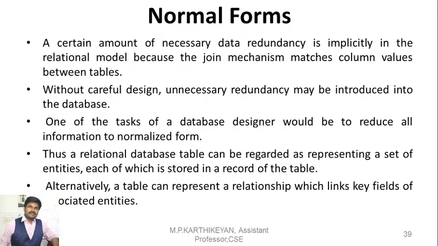There are various types of normal forms available. The initial normal form is UNF, which is nothing but unnormalized form. Unnormalized form was the first one, and after that, several normalization techniques were discovered, like 1NF, 2NF, 3NF. Then after that, BCNF was there, and then 4NF, 5NF, 6NF. Apart from this, there are several other normalization forms also, like BKNF, EKNF, and so on.